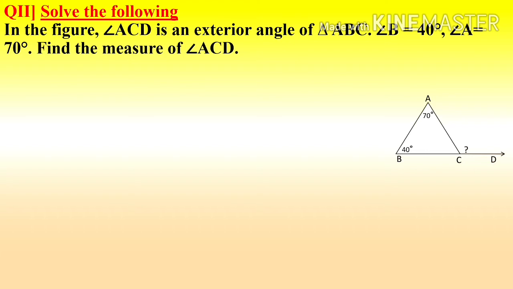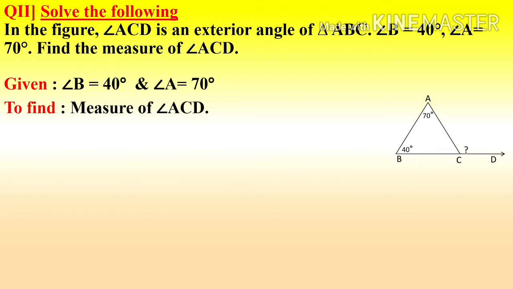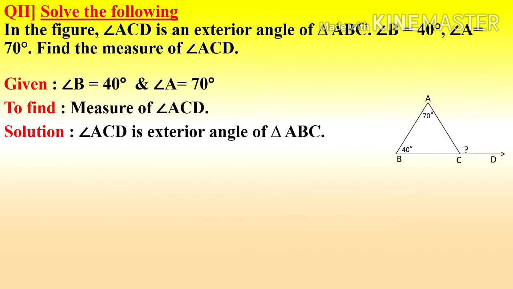Now substitute the value of angle A, given 70 degree, and B is 40 degree. Here you have to write the given information first. Angle B is 40 degree. Angle A is 70 degree. What we have to find? Measure of angle ACD. Solution. Student,